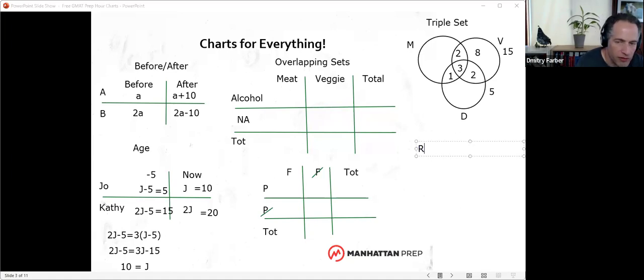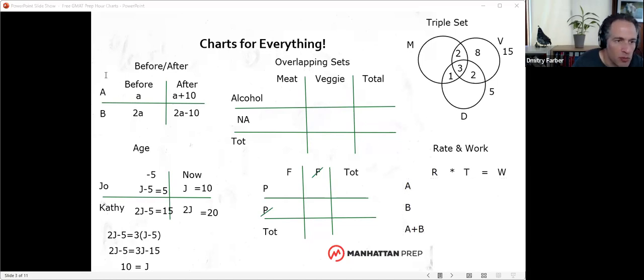And then finally, another favorite is rate and work. The basic formula here is just rate times time equals work or distance. And then the most common situation, not the only one, but the most common situation is one where I'm adding rates, right? So if one person goes,